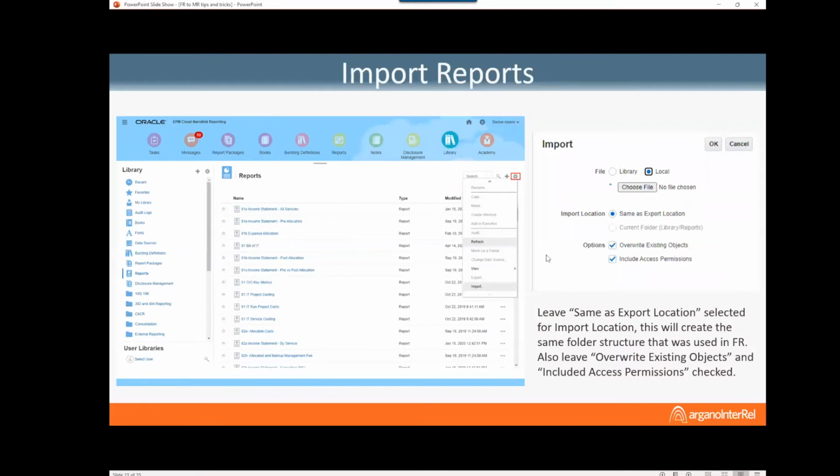Then in order to import your reports, again, this is the Narrative Reporting Cloud Service. I can click the little actions button, which is this small gear in the library over at the far right. In the menu, scrolling down actually quite a bit, you would find the import tool, and then you would answer questions about